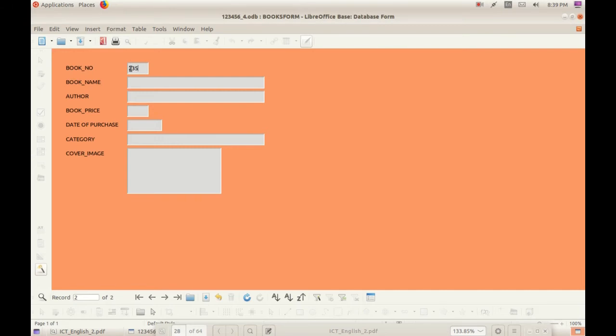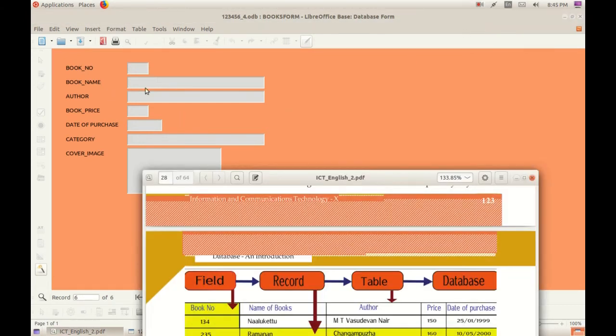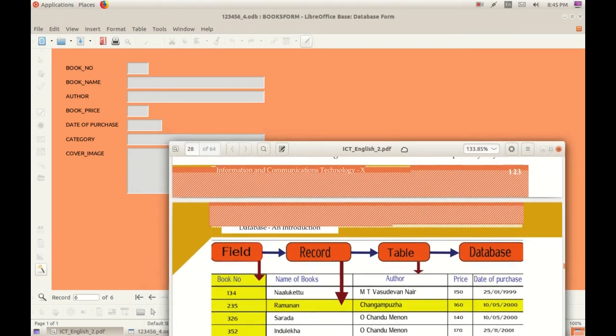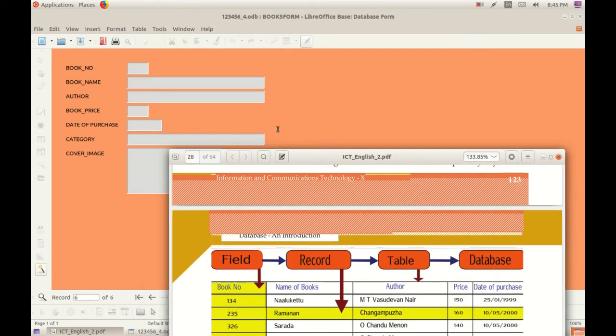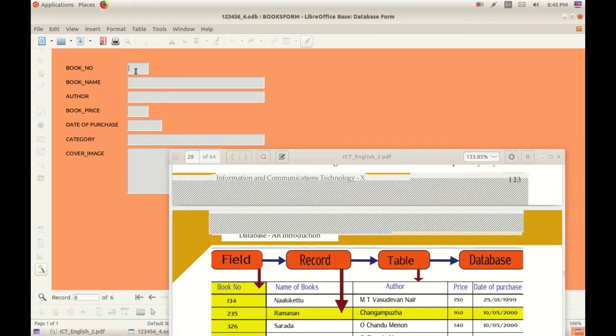In this way, pressing the tab key, I will enter all the details. Okay, I have entered 5 records. Now I will show you the use of primary key. See, I am going to enter the first one which we have entered. Okay, 134, then